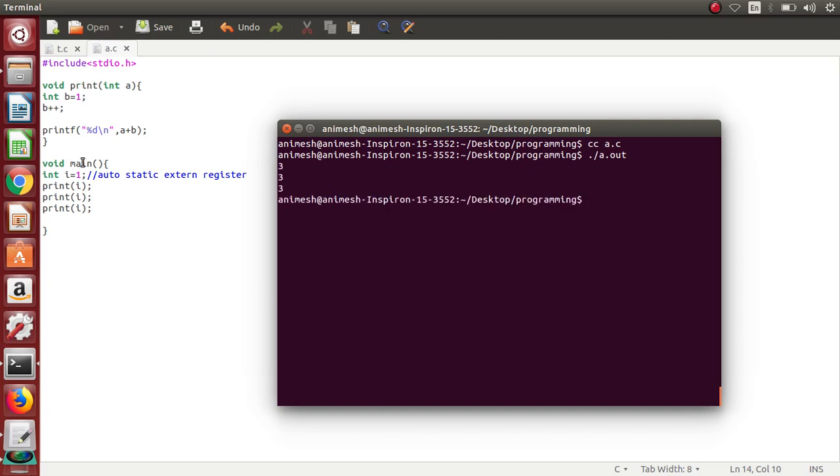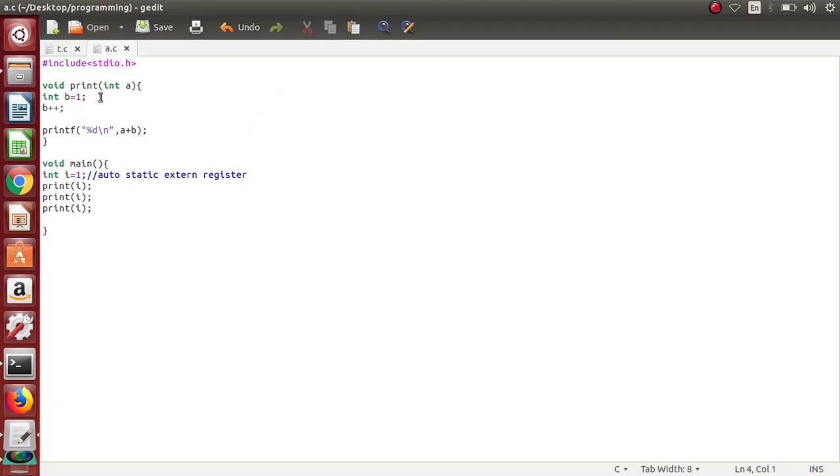So for this case, it will print 3, 3, 3. Now suppose if you declare this as static, then what will happen? For the first function call, 1 is passed, then b will hold the value of 1, then b plus plus, then this will print the value of 3 for the first function call. Then for the next function call,